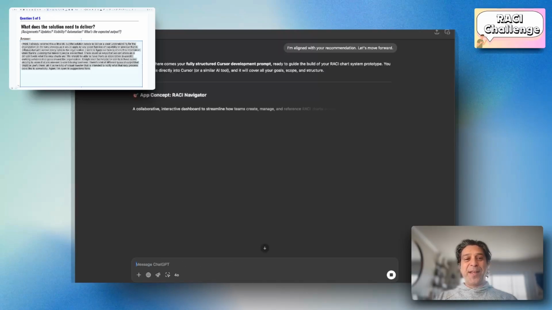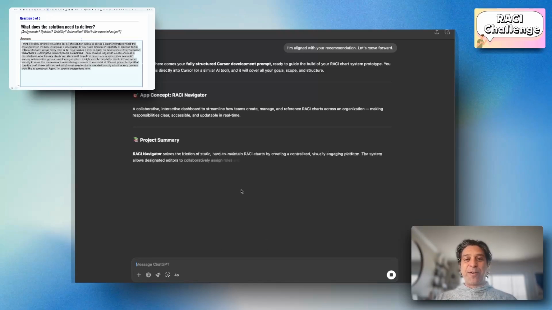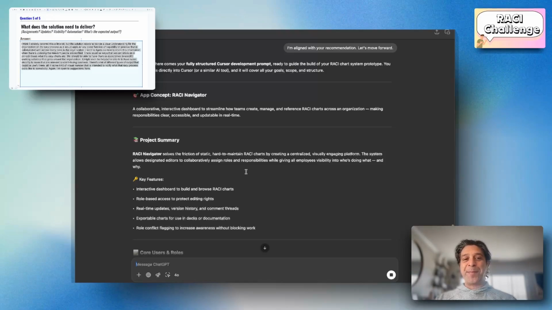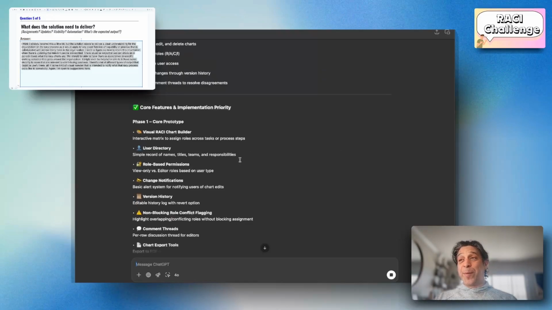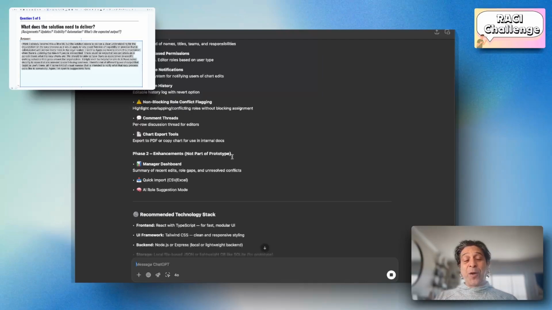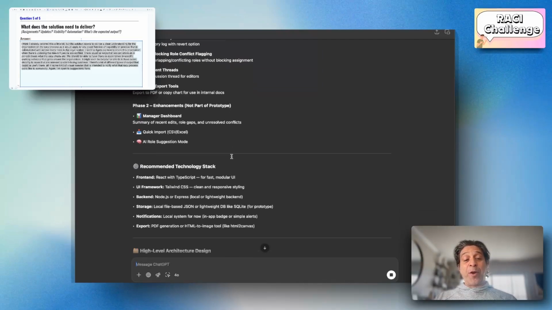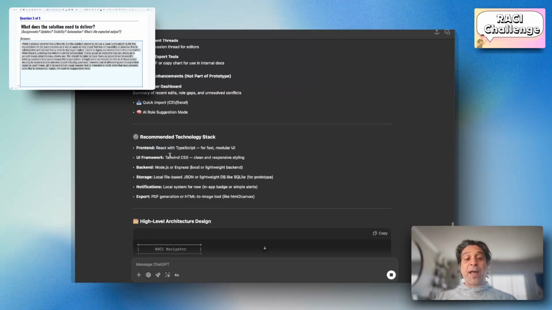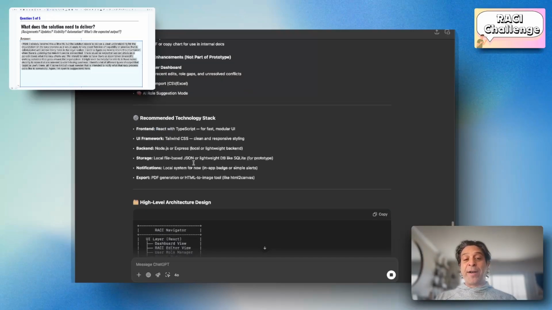Awesome. Here comes your fully structured Cursor development prompt, ready to guide the build of your RACI chart system prototype. It's not required reading, but I encourage you to read it. It's great to see how it's laying out this information. It is a good way to start getting more familiar with some of the terminology used around the technology, and you'll start to see a lot of the same components of the technology stack in a lot of these UI